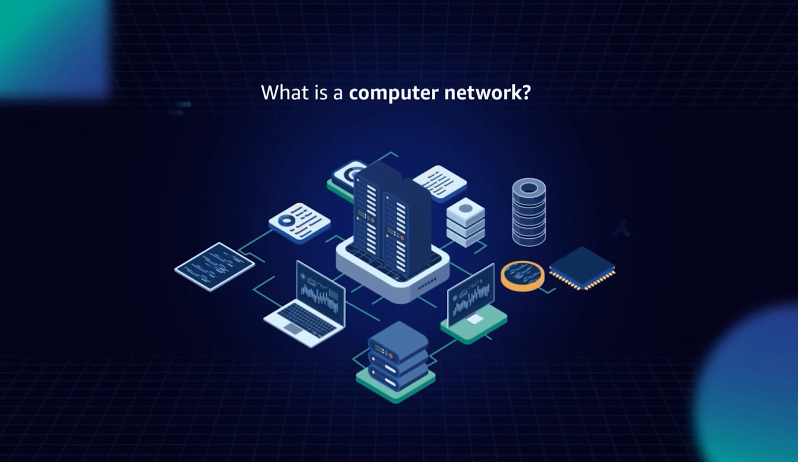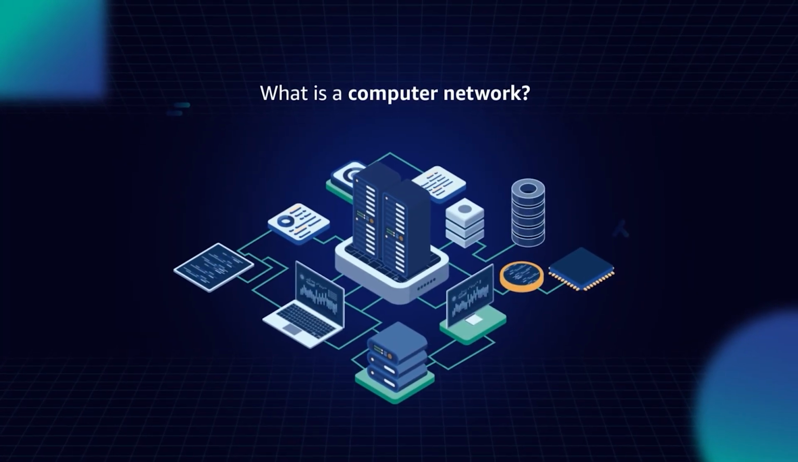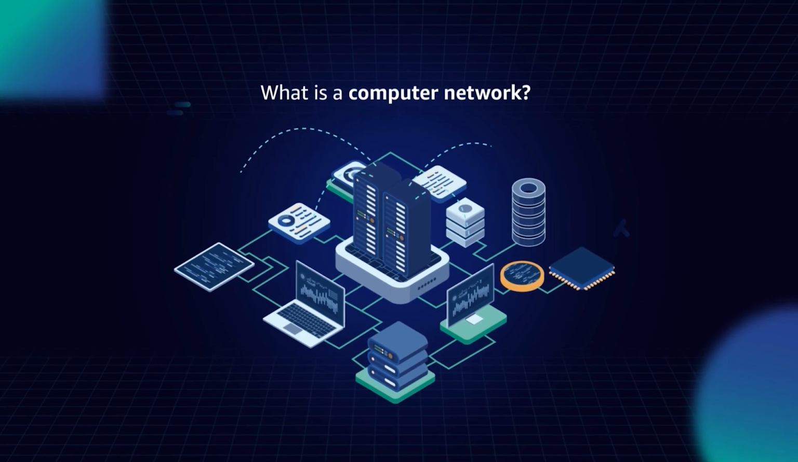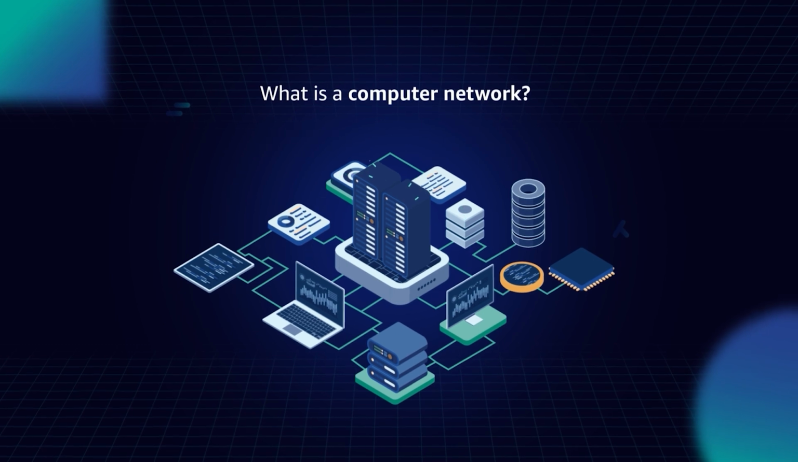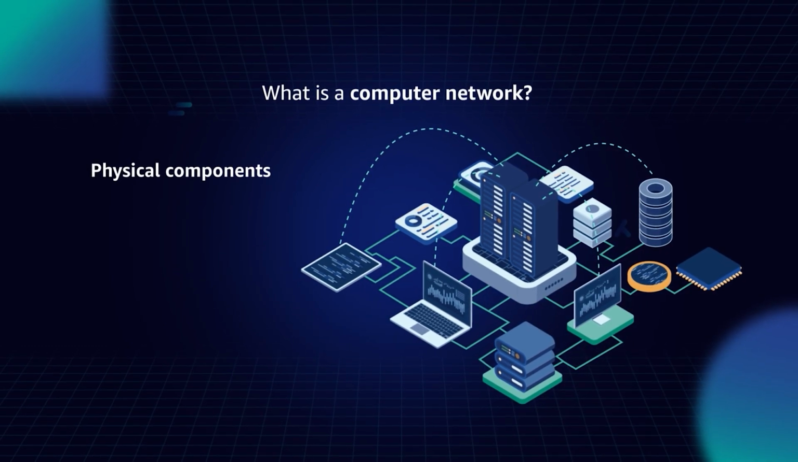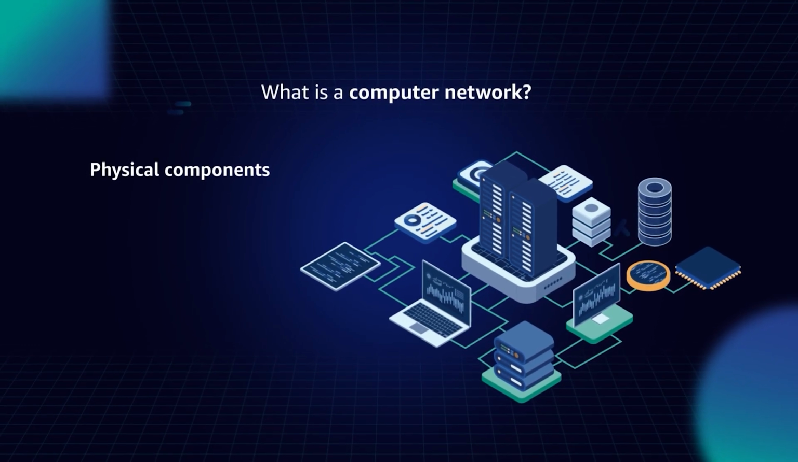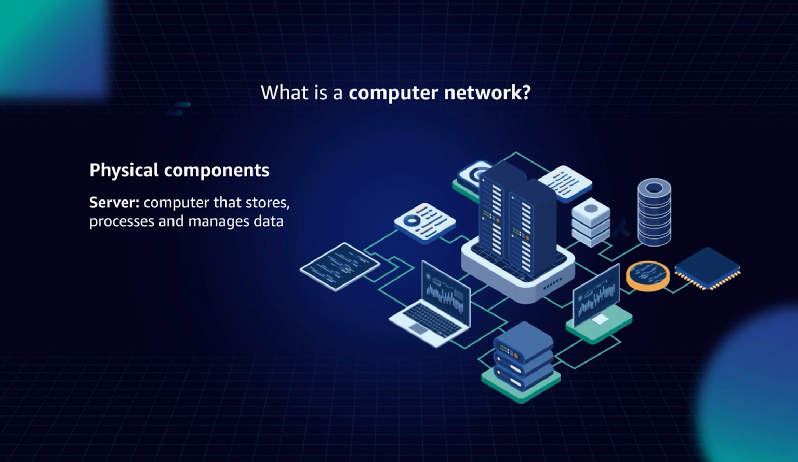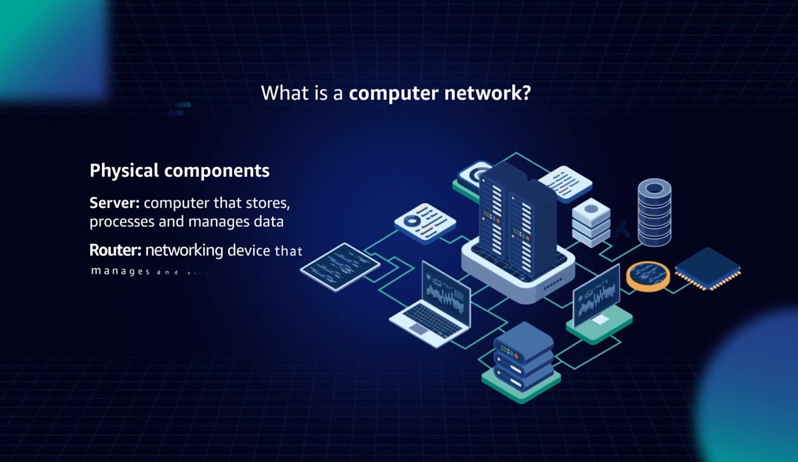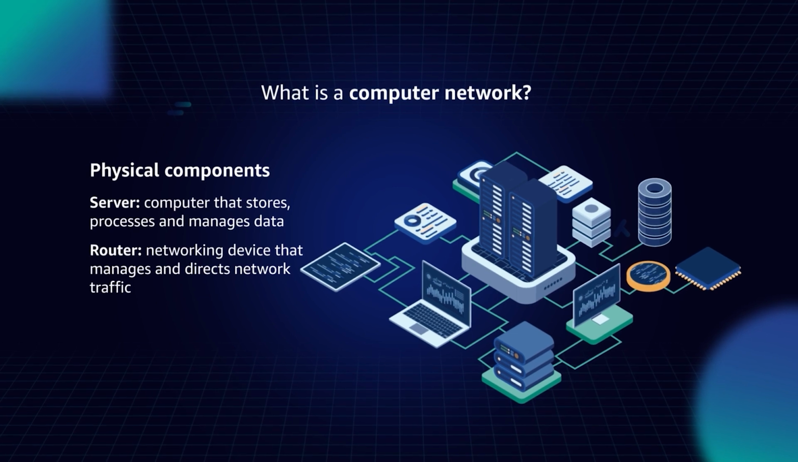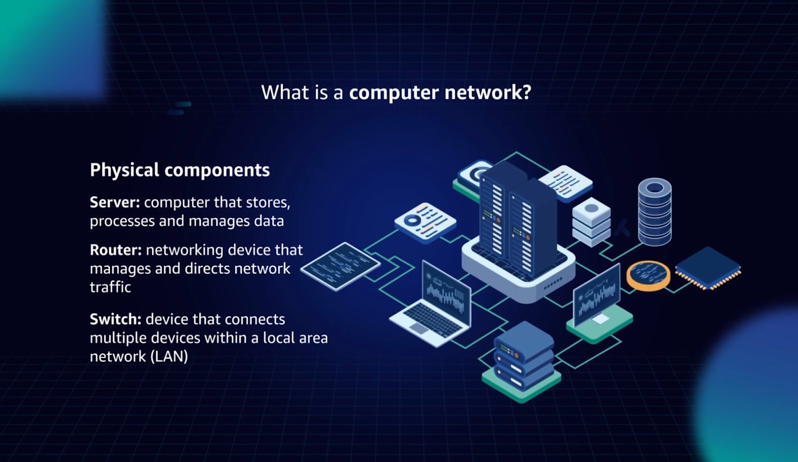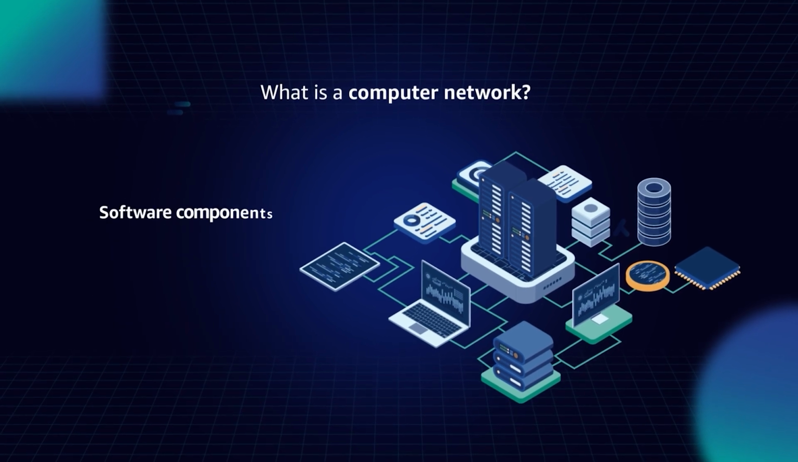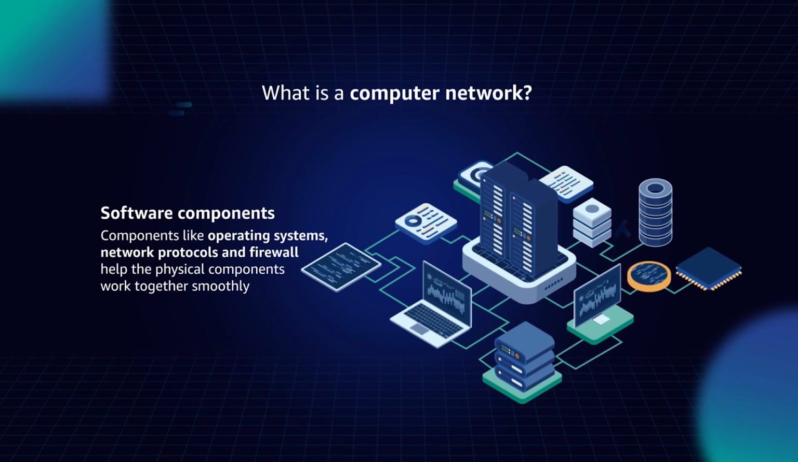Can you actually explain what a computer network is? So a computer network is nothing but multiple devices connecting together, which are able to share information and data among themselves. And it has multiple components. It can have a physical component and a software component. Physical components could be servers, which store and process data. Then you can have routers, which manipulate what traffic or how the data is transferred. And then switches, which connect all these devices together. And then we have the software component, which ties all these physical components together